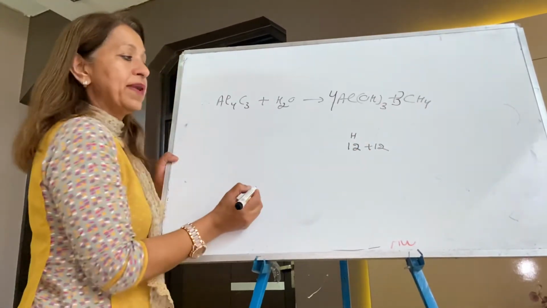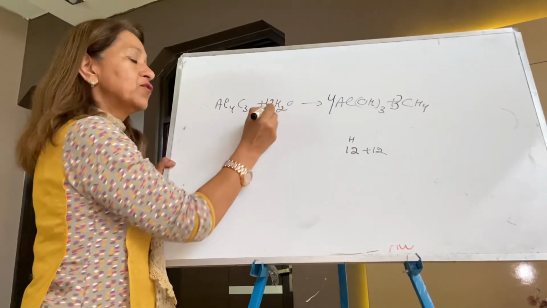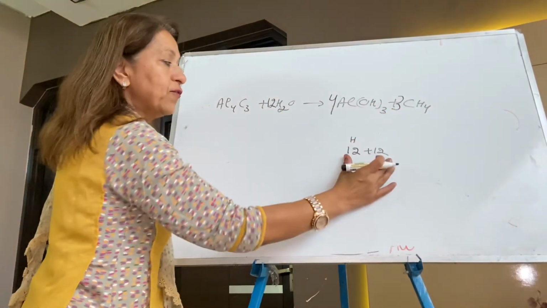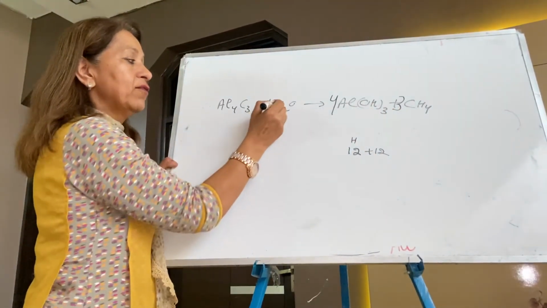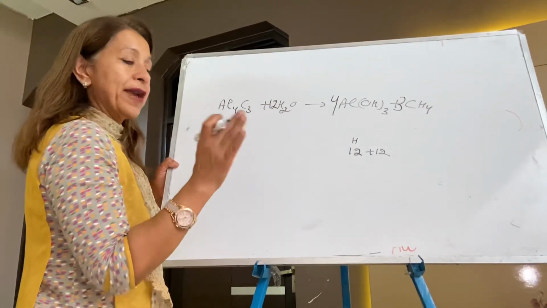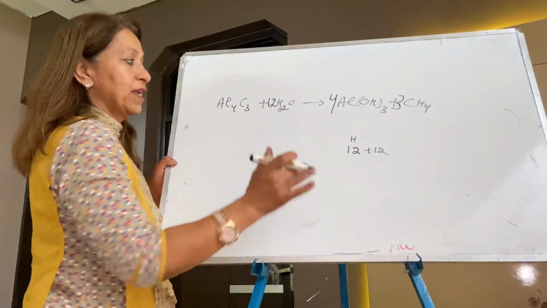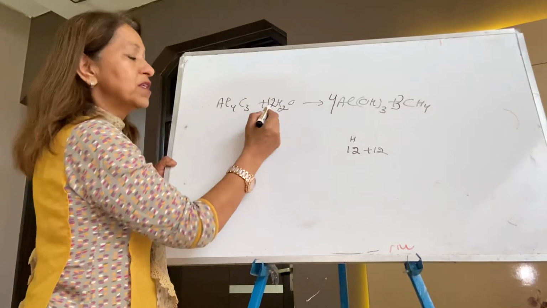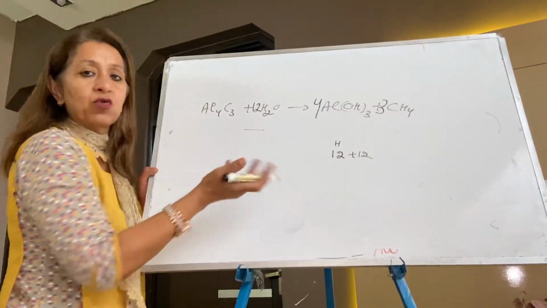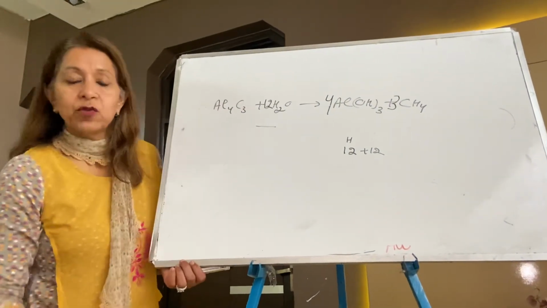This means 12 plus 12, 24. Make it 12. 12 into 2, 24. So 12, 12, 24. Here make 12, 24. Always remember, if your hydrogen is balanced, oxygen surely gets balanced simultaneously. Now you can see how many oxygen this side, 12 oxygen, and this side 12 oxygen. Small equation it is. So in this way, this chapter is now completed totally.